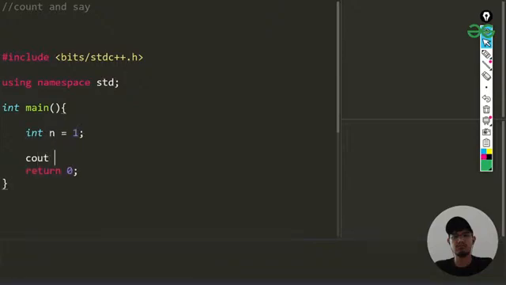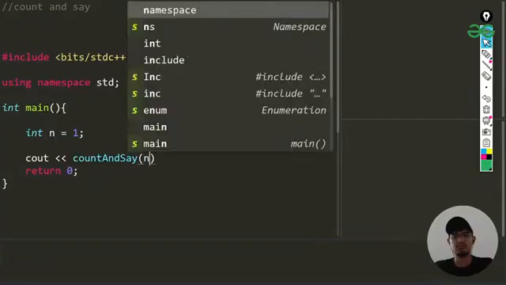Now I'll be making this work with cout, and I'll be calling this function count and say. I'll be passing n here.